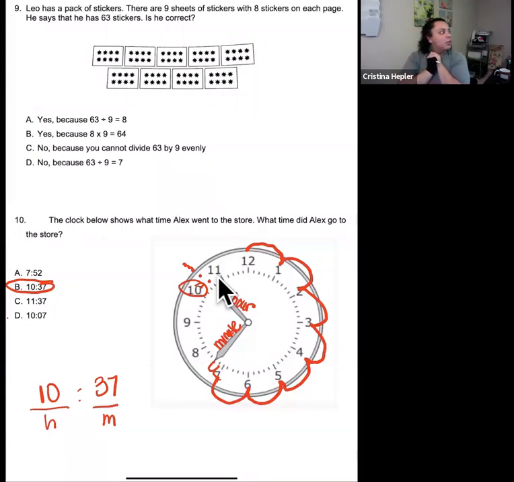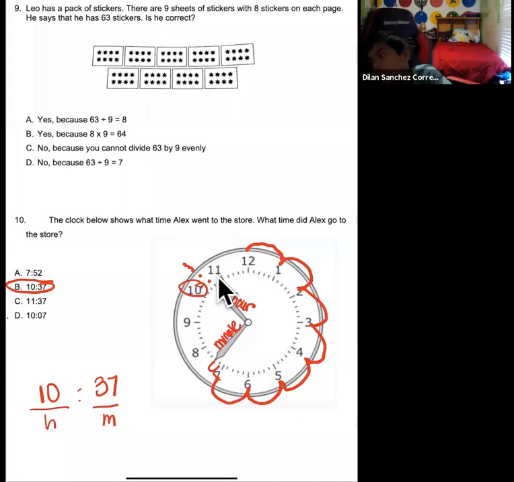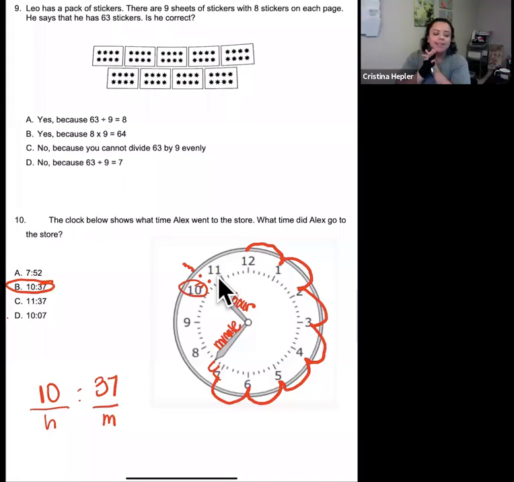Excellent, excellent. Let's see. We have no more time. So we are going to stop here. We unfortunately could not get through all of our questions, but I think you guys get the gist. You get the gist of how we need to perform. So even though Ms. Hepler has not